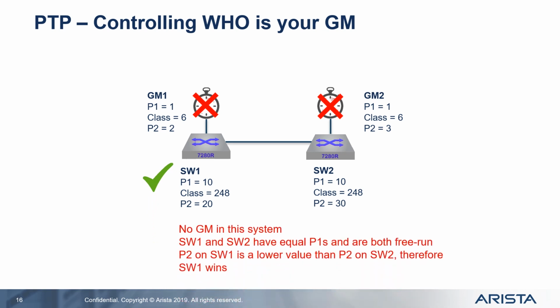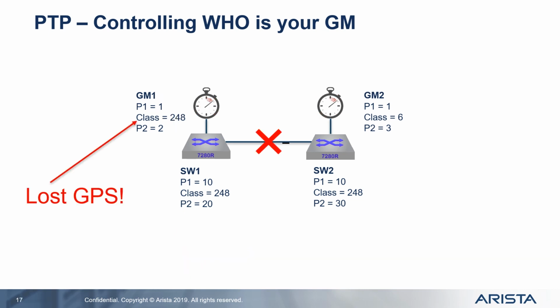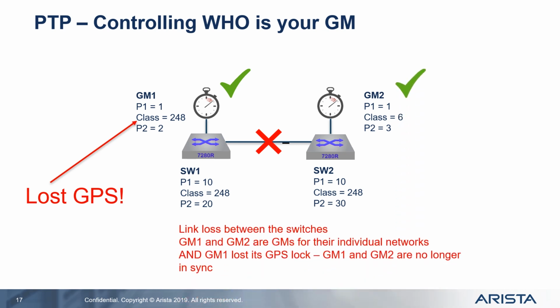So the P1s have the same value, which is great. They're both clock class 6, so they're both locked to GPS, but their P2, as Al said, the P2 for GM1 is a lower value, therefore it's elected grandmaster. So now in this case, GM1 lost its GPS. Who is elected grandmaster in this case? Bill Hoskins. Yeah, who's going to be the grandmaster for this system? Right. That's because P1s are still identical, but GM2 is locked to GPS,